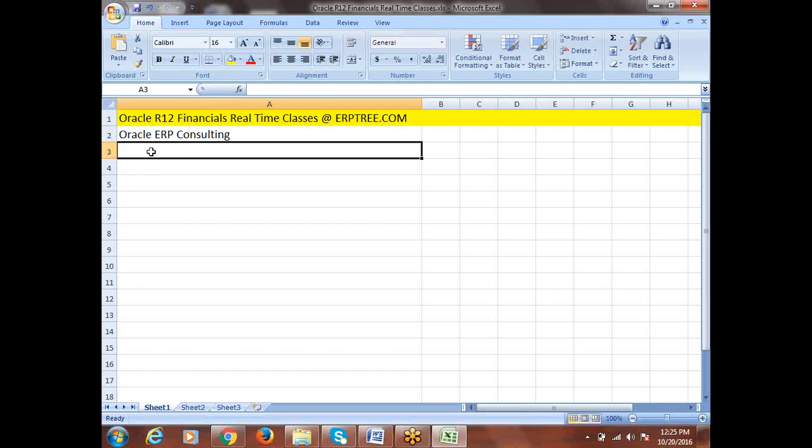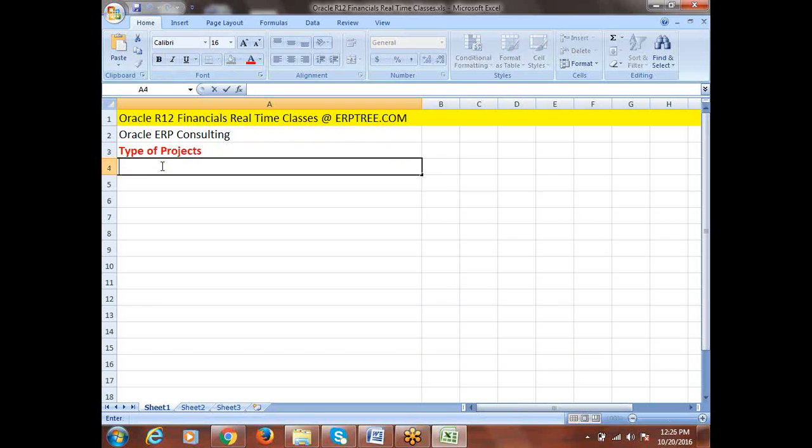And we'll talk about different types of projects. So here I'll mention simple points. Let's say types of projects we'll be discussing: implementation projects.